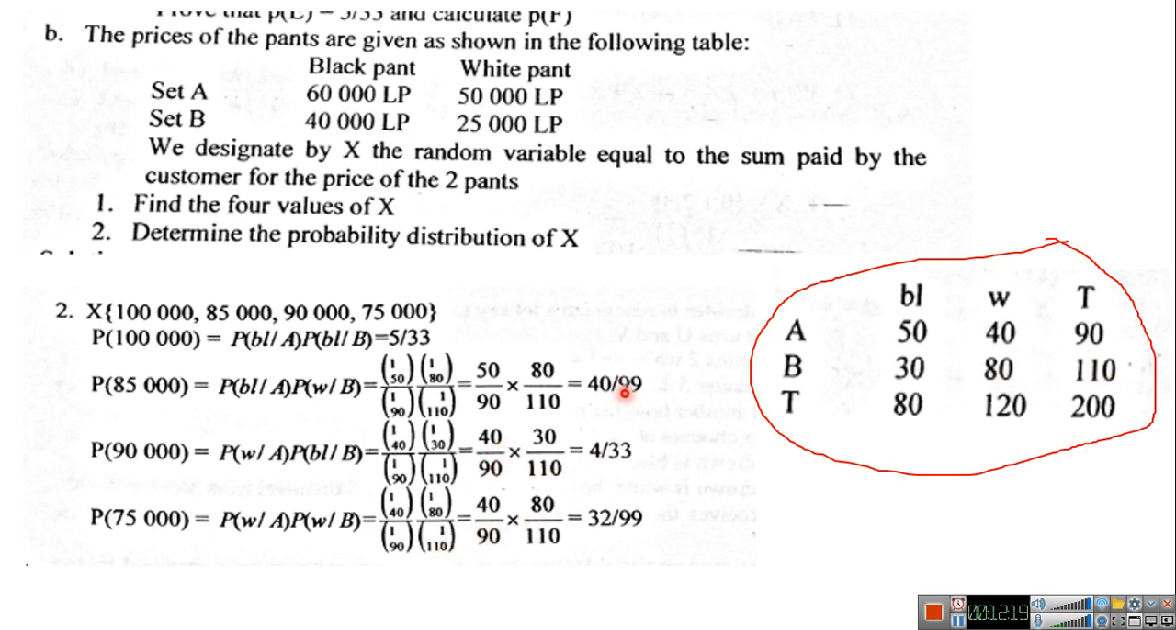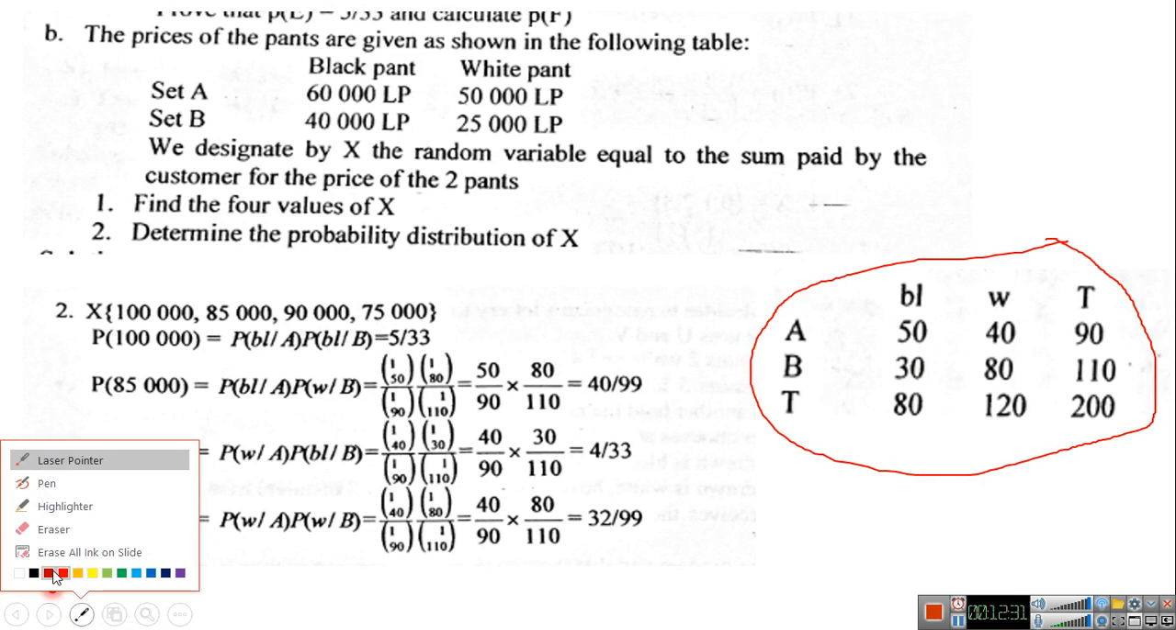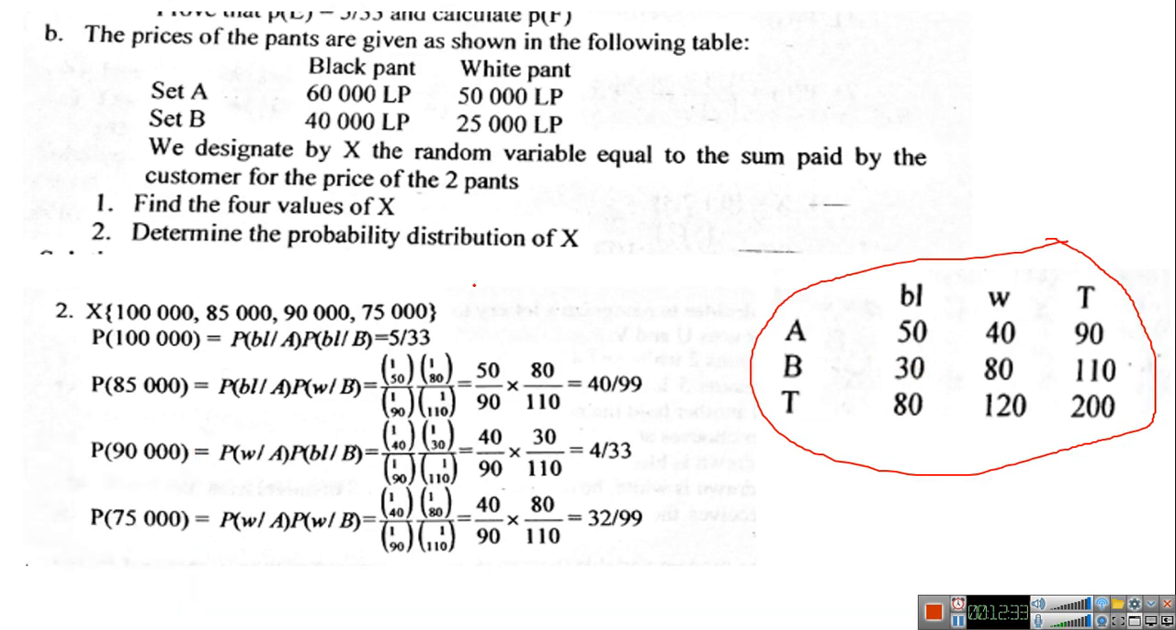So if I want to find the expected value, they ask about the expected value. Let me write it. For a person who is going to buy, what is he expected to pay? So we do the summation of xi times p of xi. Summation xi p of xi will be 100,000, let me put it without the thousand, it's in thousands, times 5 over 33